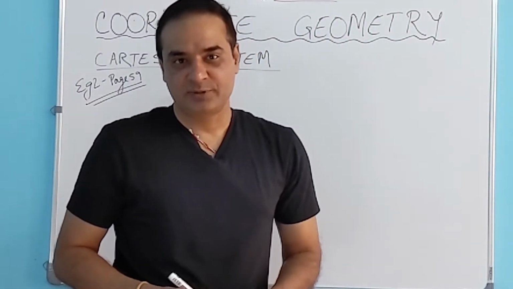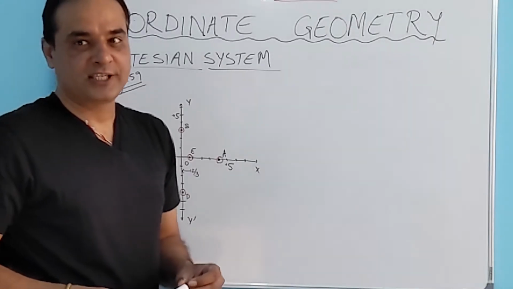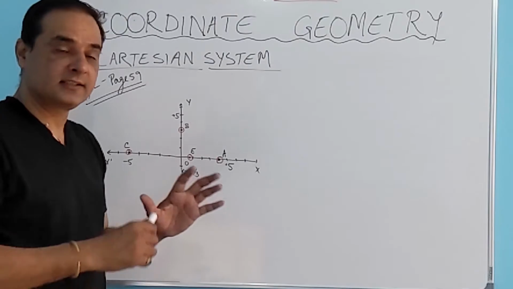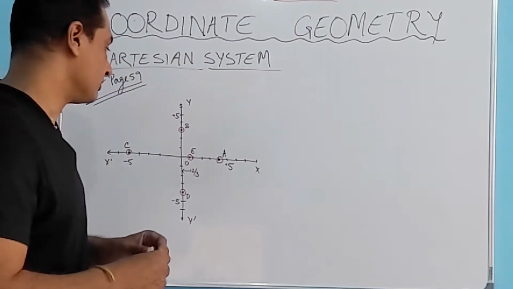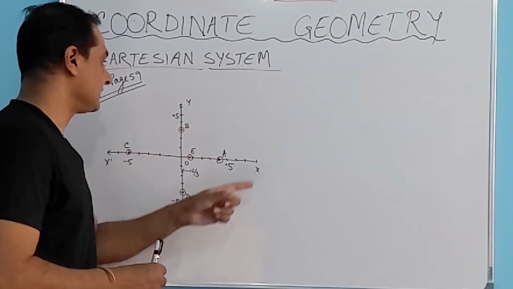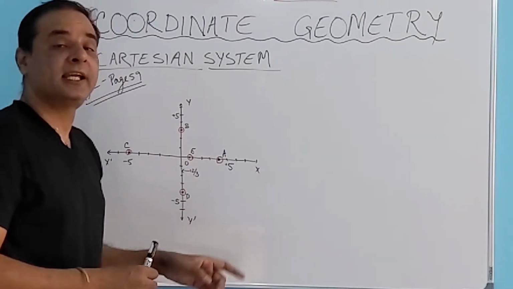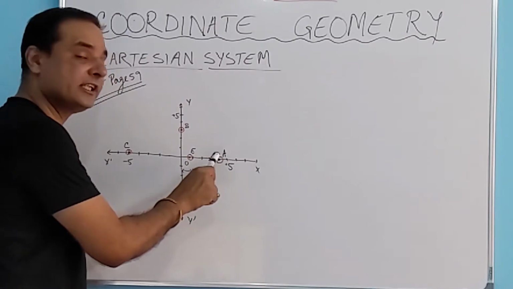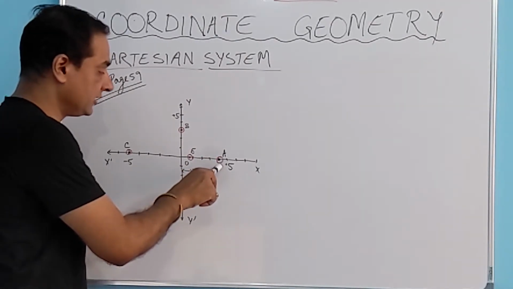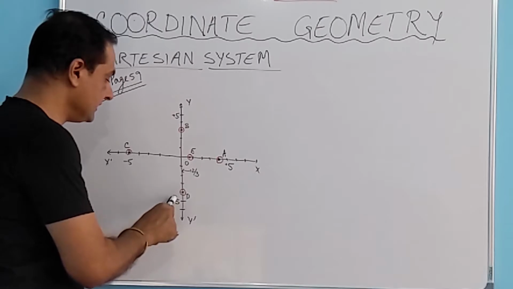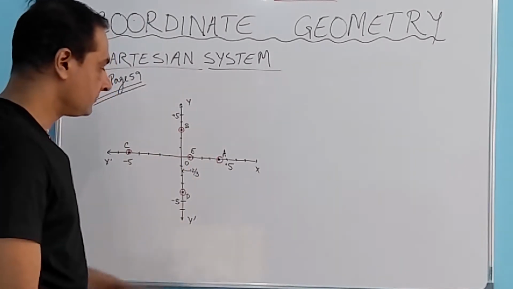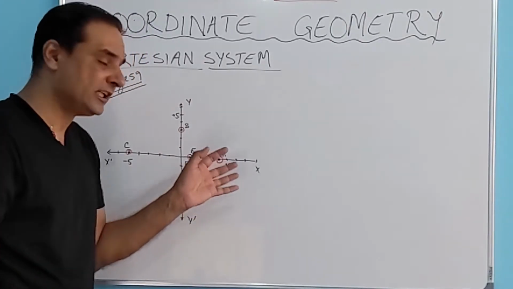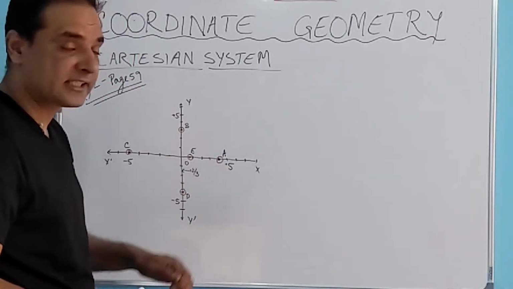Let's take another example, example number 2, which is given on page number 59, to understand the points and how we can identify the coordinates for those. So if you see, this is the Cartesian plane or coordinate plane or xy plane, where we have points which are already located over there, A, B, C, D and E. We are asked to find out the coordinates for these points. So let's start with point number 1, which is A.